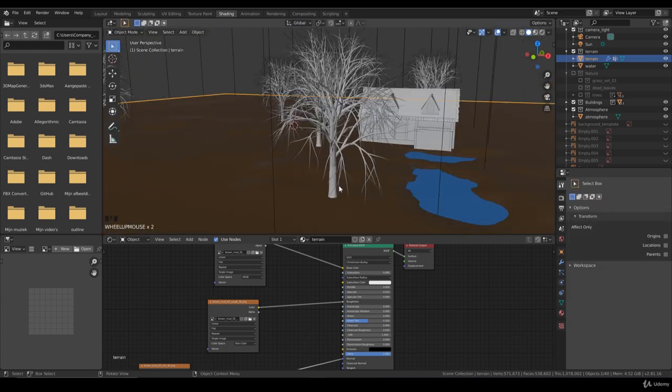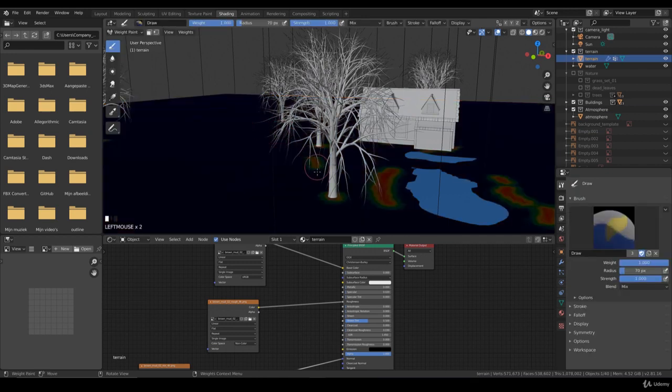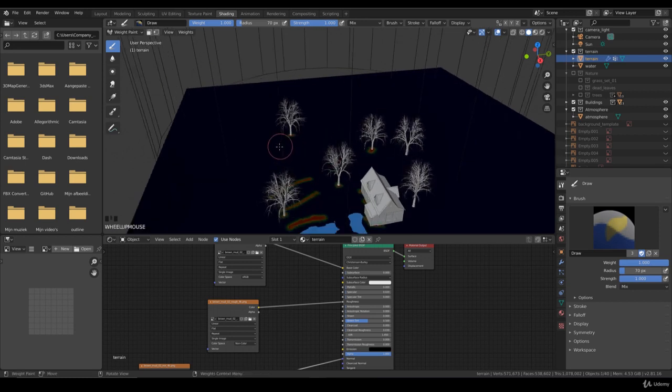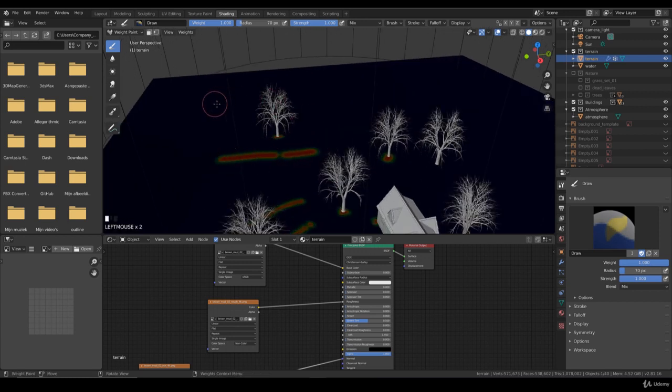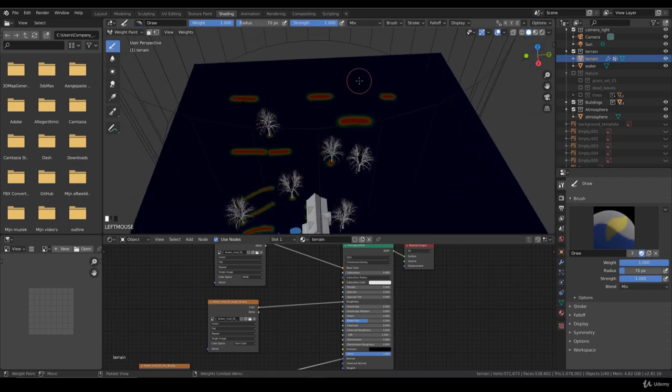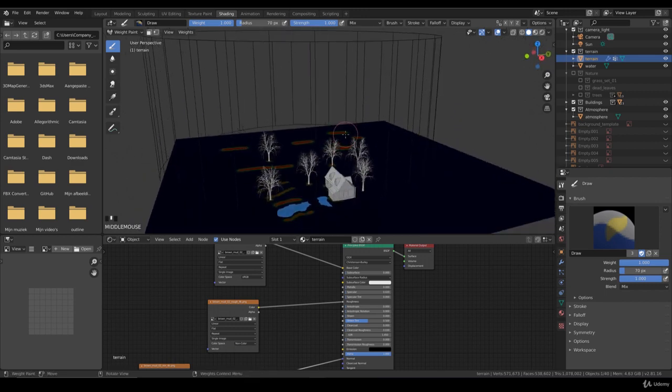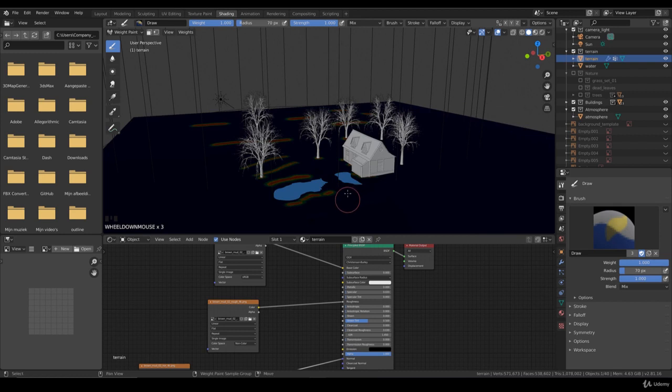Just want to see where these hills are. They are right there with the weight painting, and I want to have some around them. And just spread it all over. Put some over there. I do not really have a plan for this. You should not have it. I mean, it's just